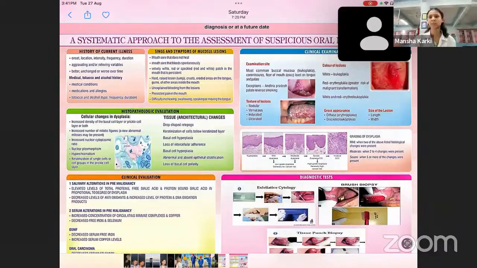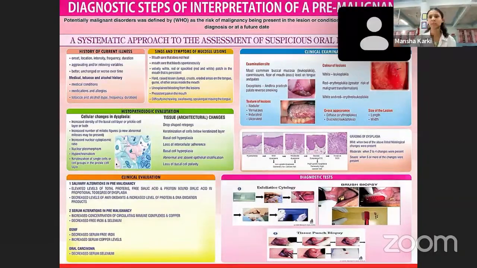Generally, patients with such conditions are associated with a tobacco history, in which progression depends on the onset, frequency, and duration of the habit. Conditions generally come with symptoms of mouth sores which do not heal, bleed spontaneously, which are velvety white or red in color, which are persistent and very painful, due to which the patient is unable to